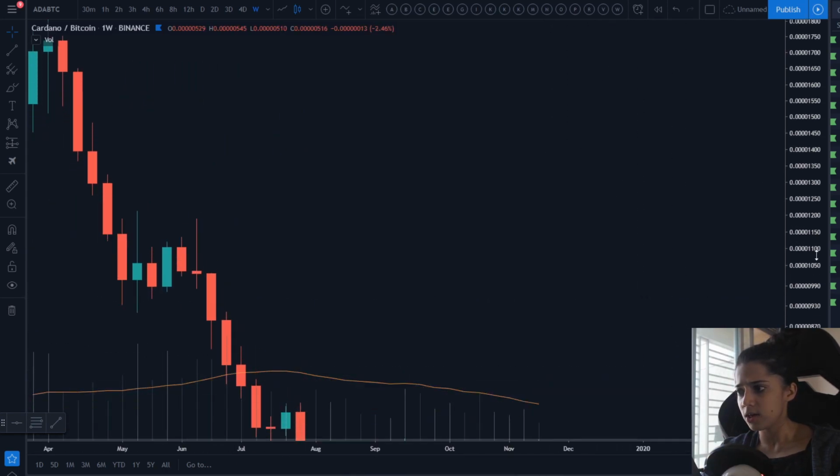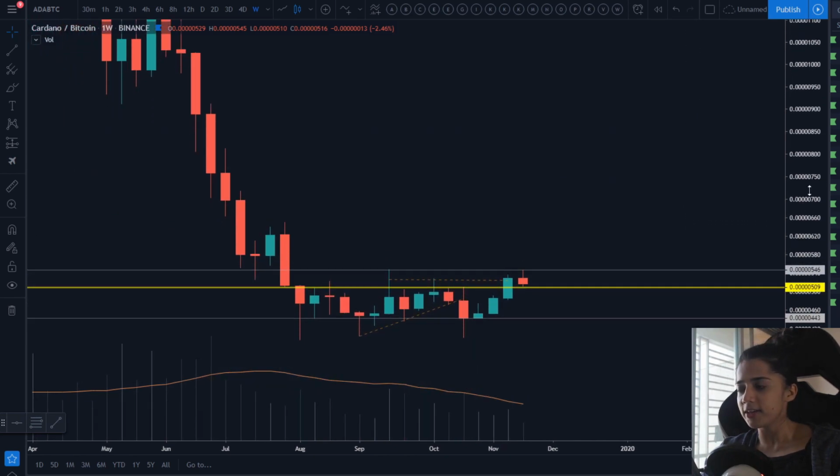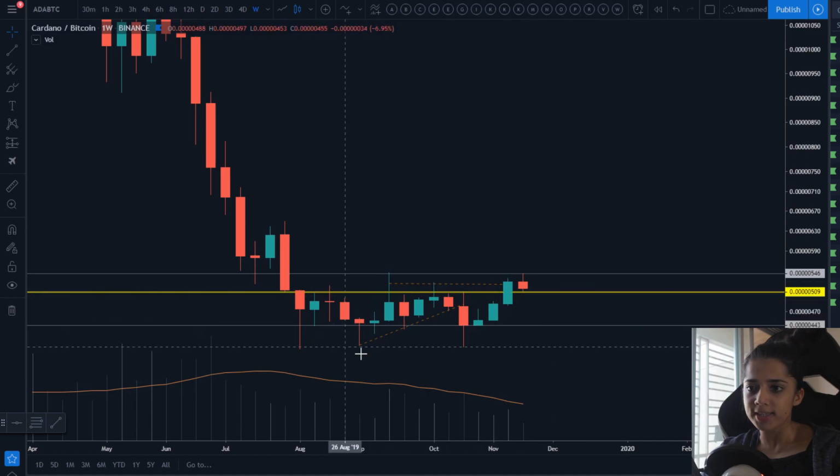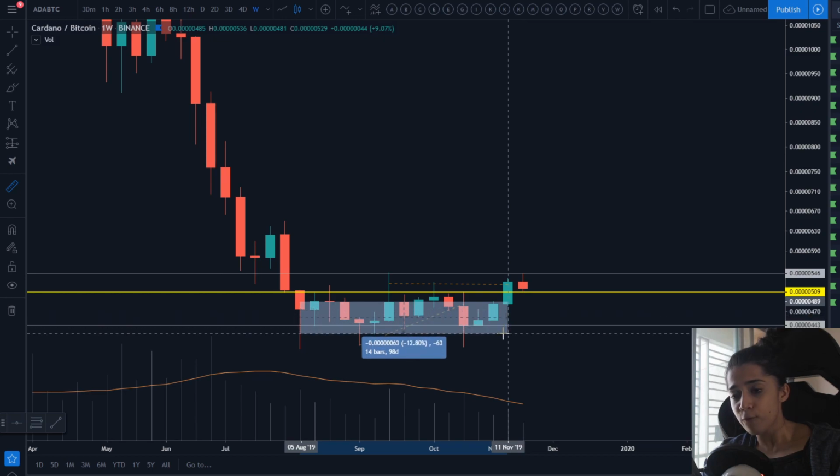So if you just bring things into focus. Don't be like me. Get things into focus and just watch price action. Just look at how price action reacted off of that 508 Satoshi line. Okay, now this is a weekly chart, guys. Remember, for over 14 weeks, guys,